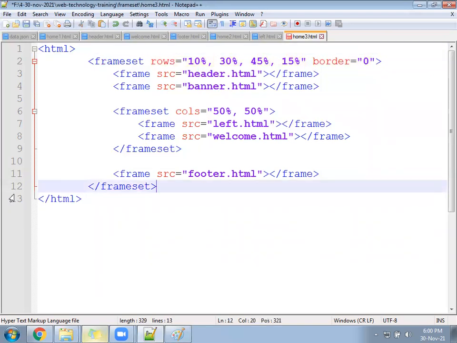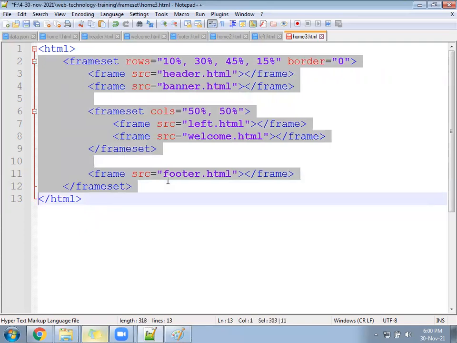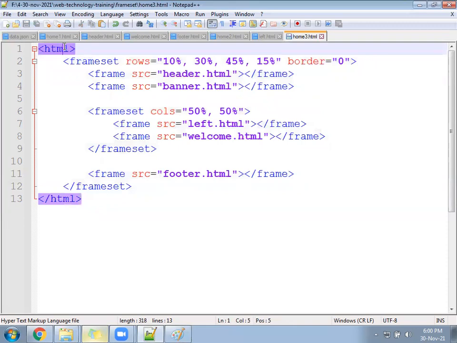The body tag is not required, I wrote. If you write the body tag, it will not display anything. Your compiler will be confused, saying like, what do you want to do? Do you want to divide the page or do you want to display the content? The body will help you to display the content. Frameset will help you to divide the page into multiple blocks.